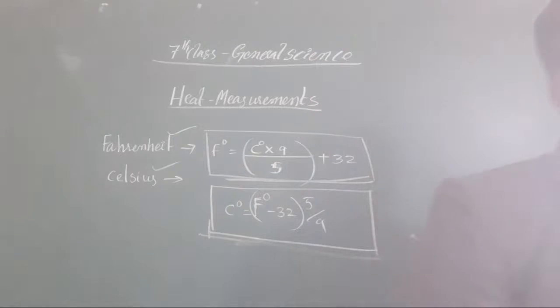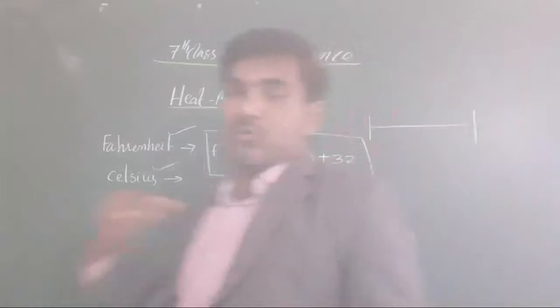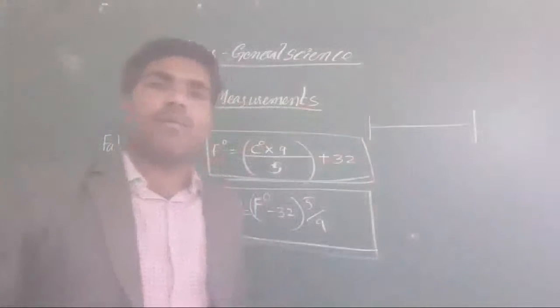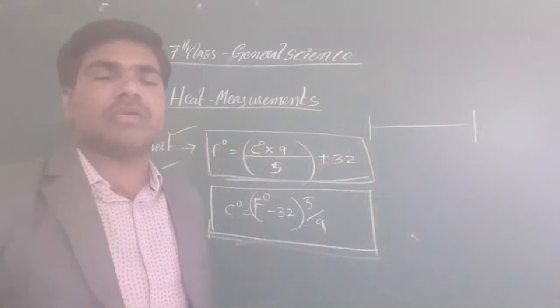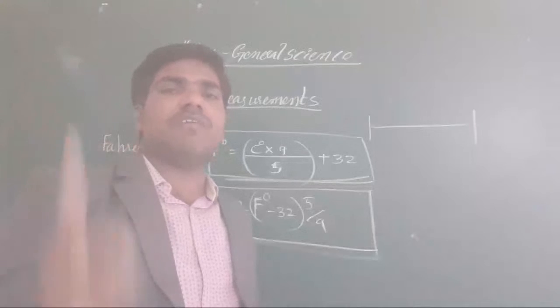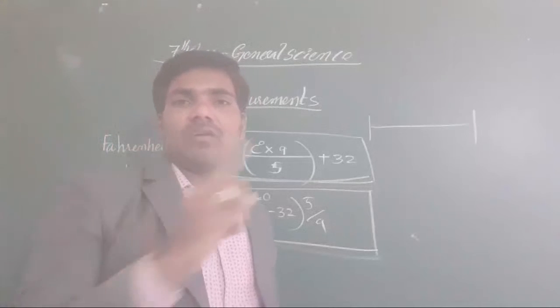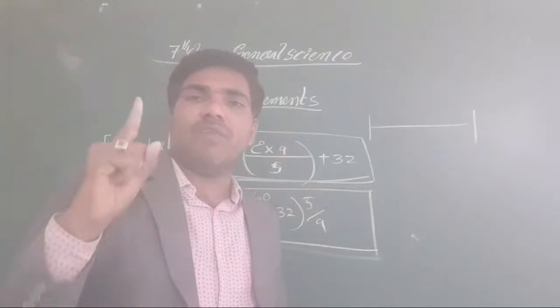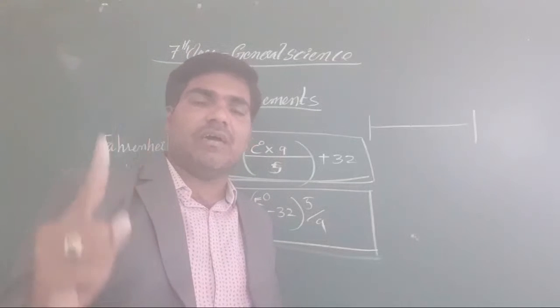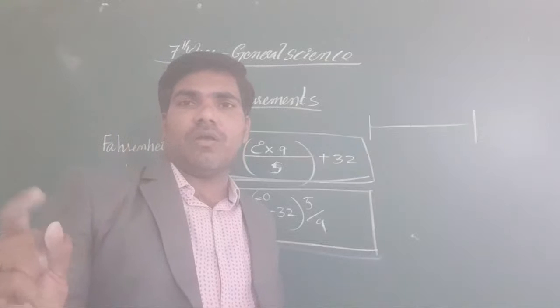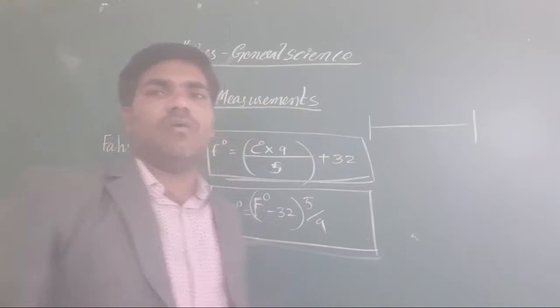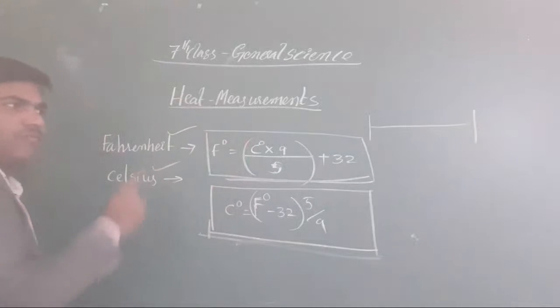And now we are going to the next concept here. Based on the boiling and the melting point, how we divided the scale. Already we discussed, we divided it into equal numbers between the melting point and the boiling point. Every equal division contains one particular value. Okay, clear or not, all of you? Based on that particular value only, we take the scales of temperature.